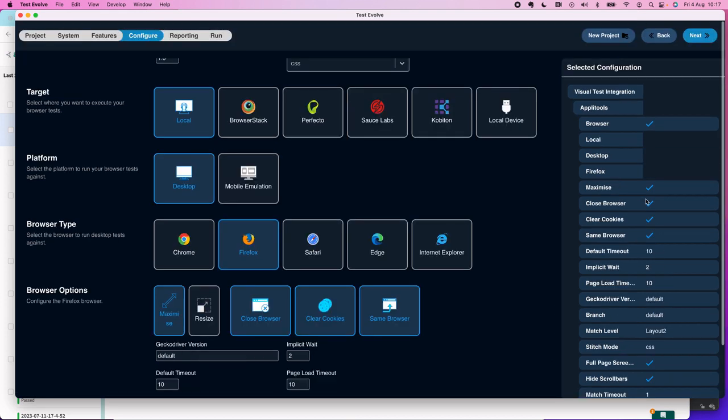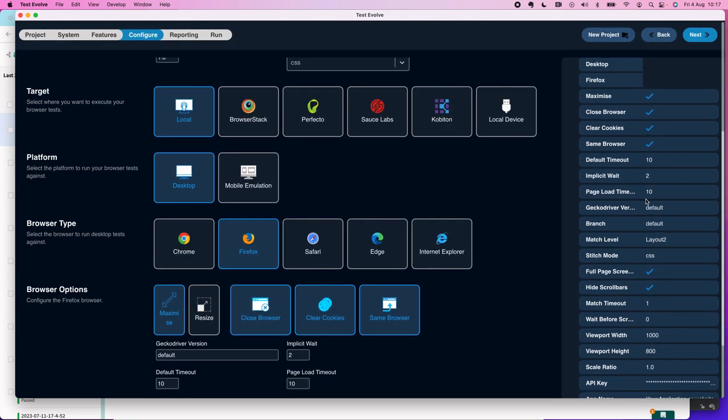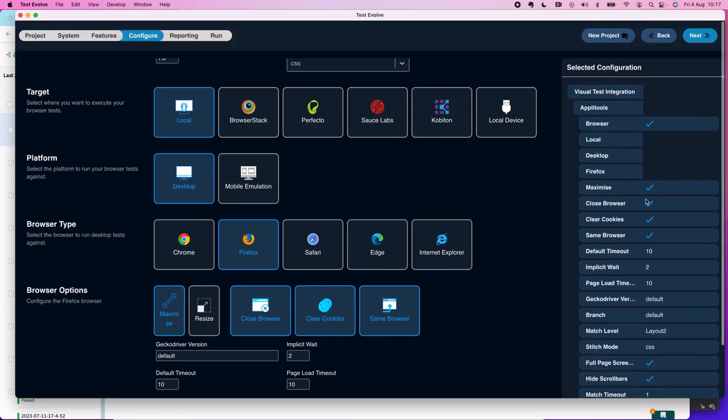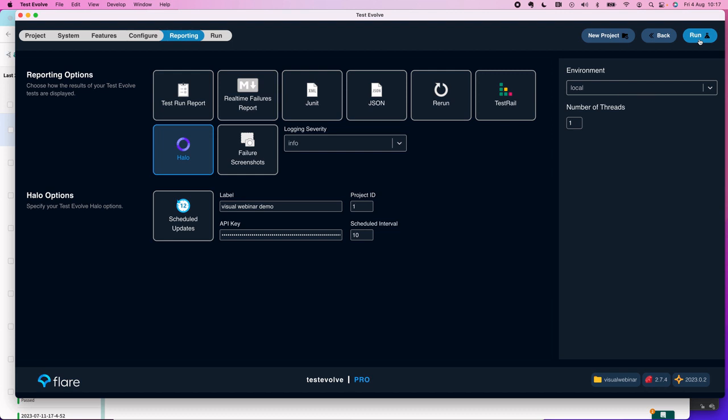And then, as always, we can see our inventory of run parameters is shown to us on the right-hand side of TestEvolve Flare here. I'm going to click Next. And this is just my reporting again, so I'm not going to make any changes here. We'll still push our results to Halo, but really the focus of